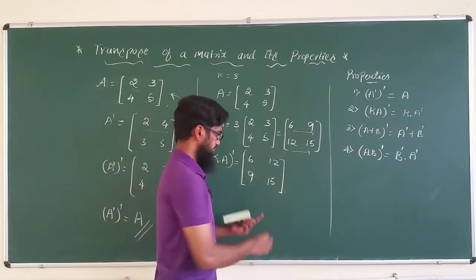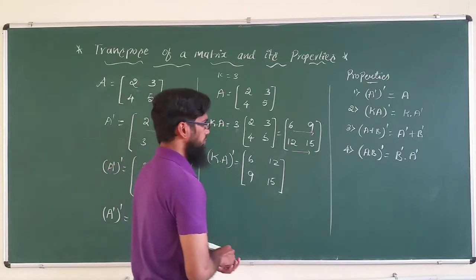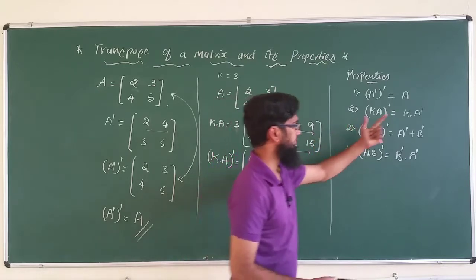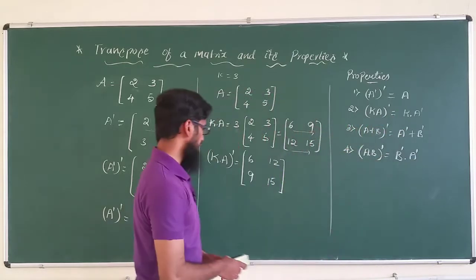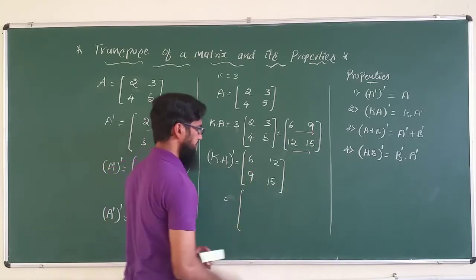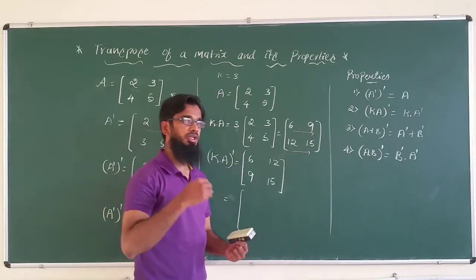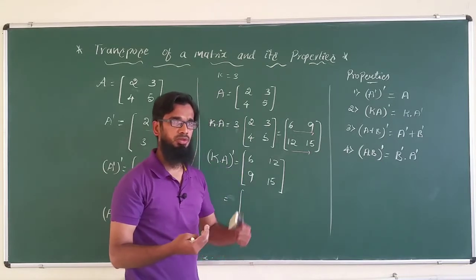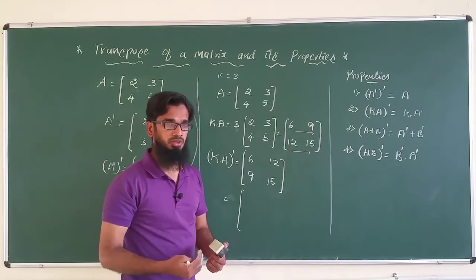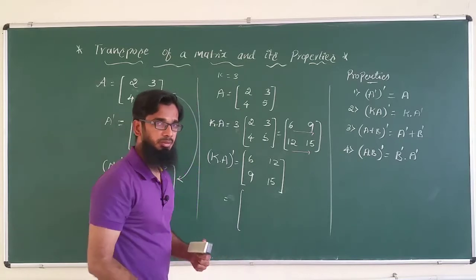Okay, we have one more matrix here. Now that we have found the left hand side part, we'll go for the right hand side part. In this matrix, we have a rule that we can multiply any number to all the elements of the matrix, or we can take a common factor out. It is applicable to all the elements of a matrix.